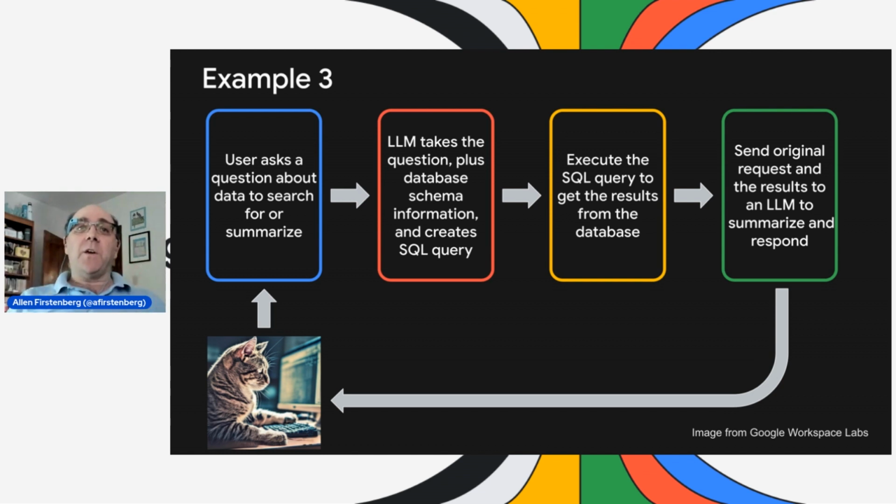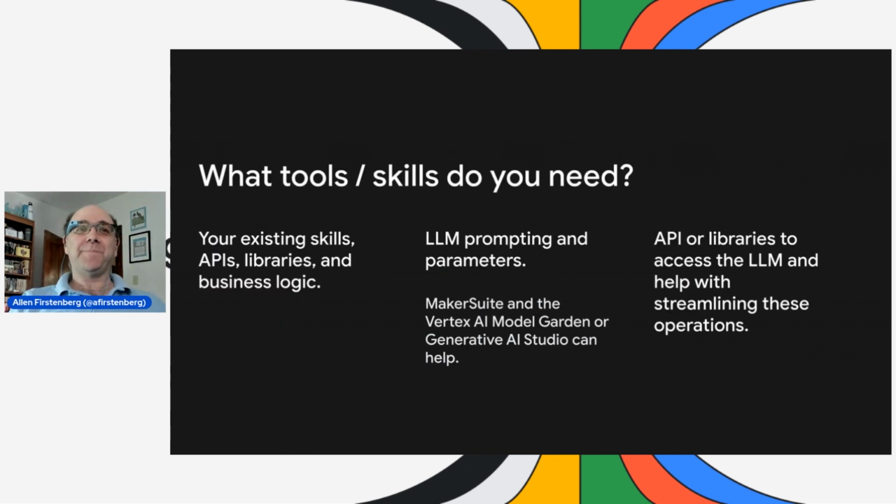The LLM can take the question and the schema from our database, for example, and we've prompted it to create an SQL query. Again, after doing some sanity checking to make sure the SQL looks sane, we're going to execute that on our database using API calls that we know and we're very familiar with, get the results from the database, and again, feed those results along with the initial question back to the LLM to summarize, respond with that summary back to the user, and repeat the question.